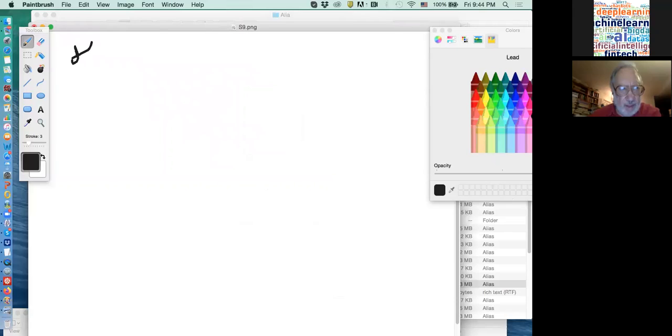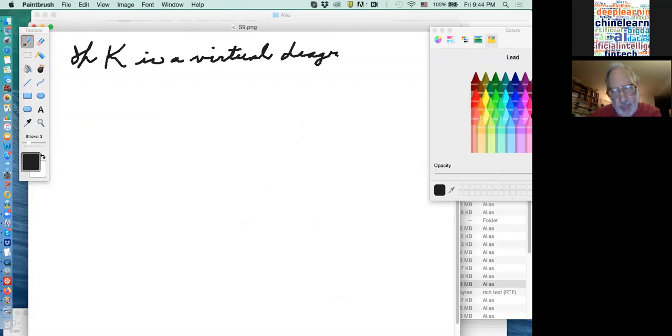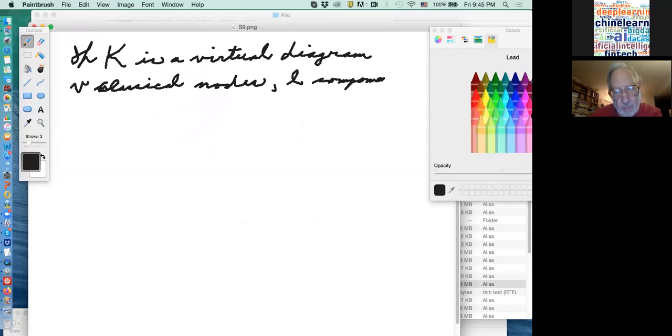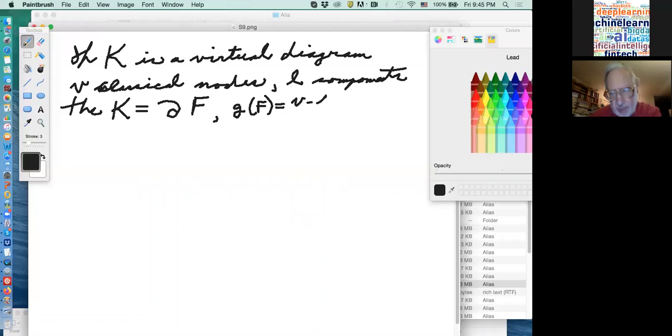That if K is a virtual diagram with V classical nodes and L components, then K is equal to the boundary of F, with genus of F equal to V minus S minus L over 2 plus 1,